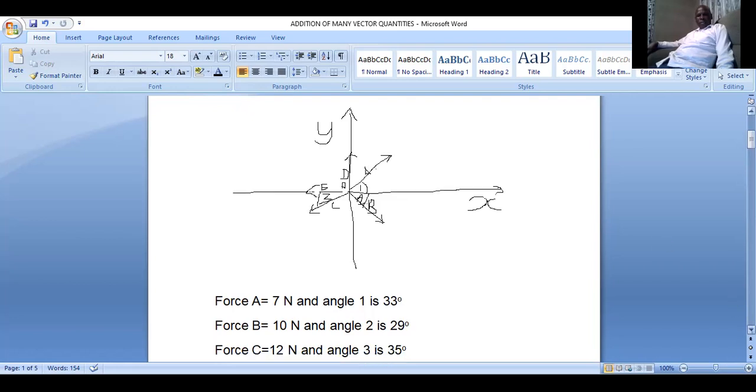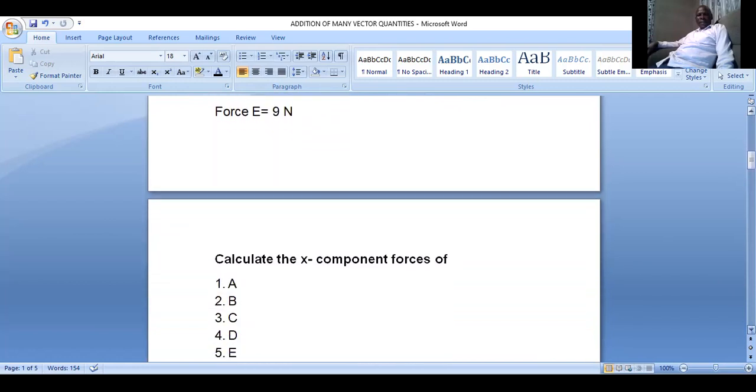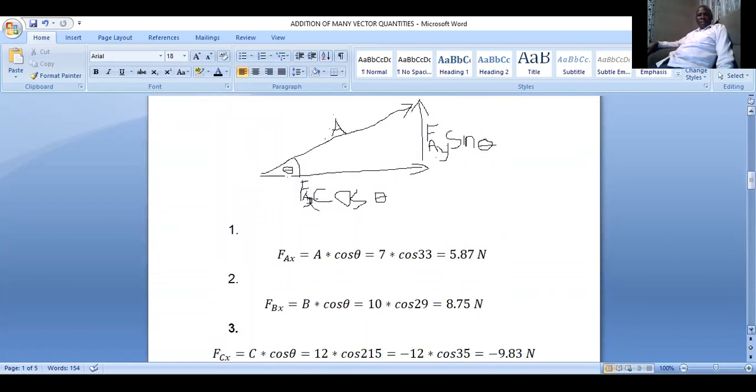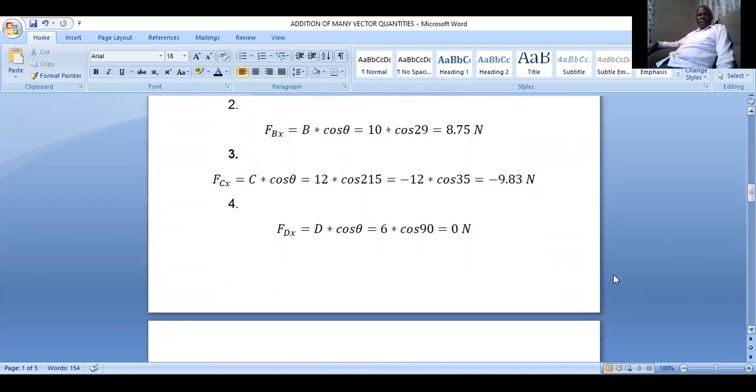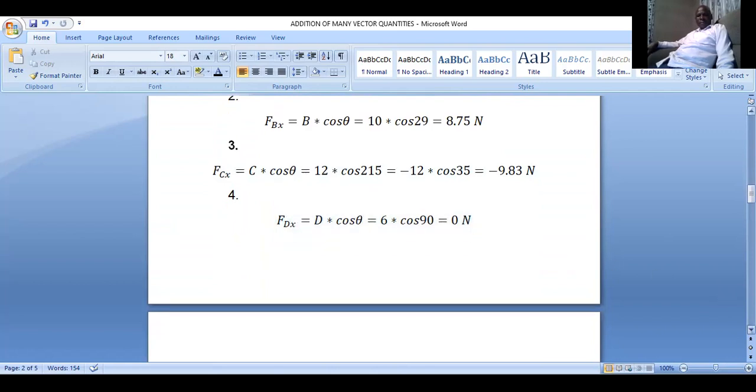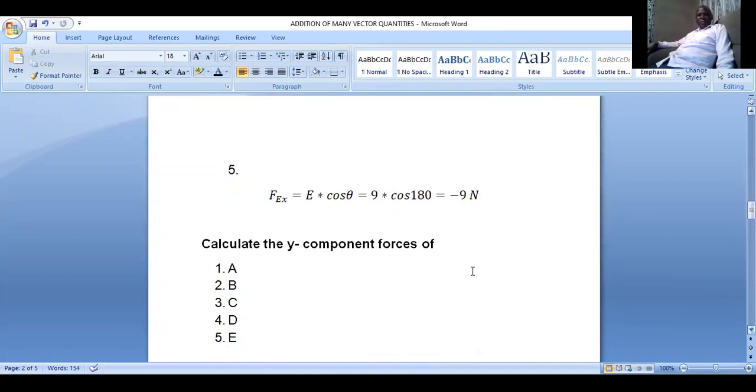And so we know that cos 90 is actually 0. And therefore you can say 60 times cos 90 is 0, meaning that this force D has no component in the x-axis. And similarly, for force 5,